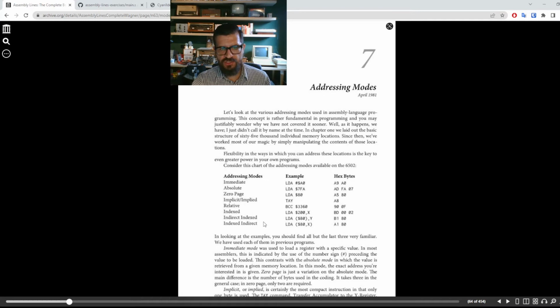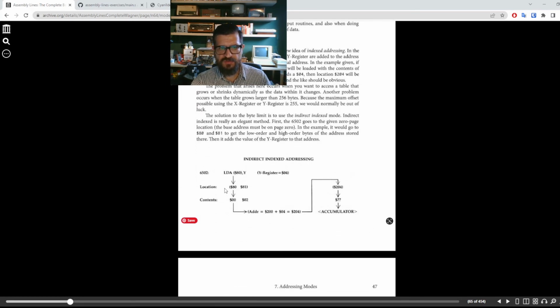And then we have a variation that's called the indirect indexed. It means that instead of providing directly a memory address, we provide an address that contains the memory address that we care about. So yeah, that sounds complicated, so let's look at an example. For instance, you say LDA $80 between parentheses, and that's the trick to the indirect part, and then the Y register. Let's say the Y register contains 4, and the base address 80 contains 0. It's called base address because